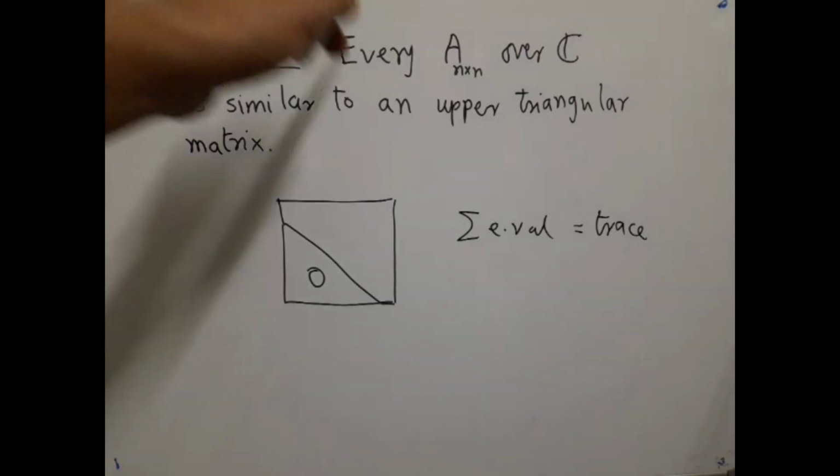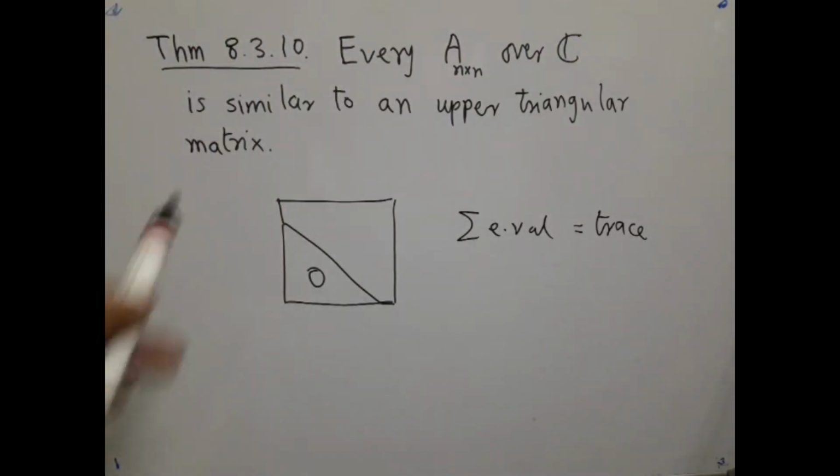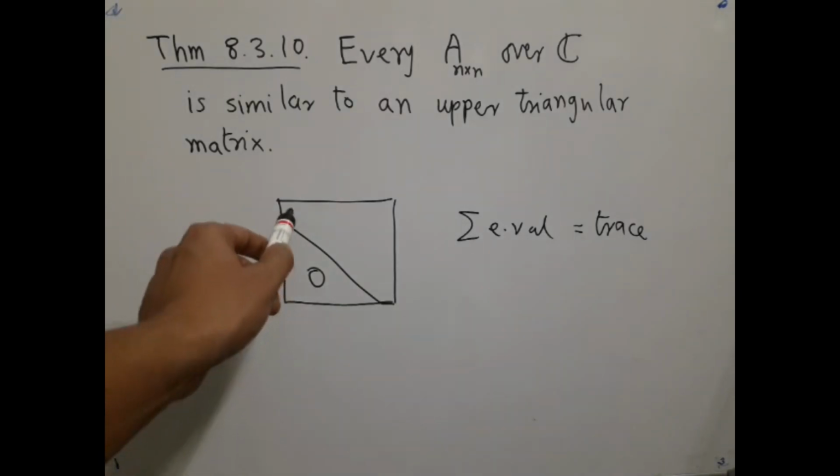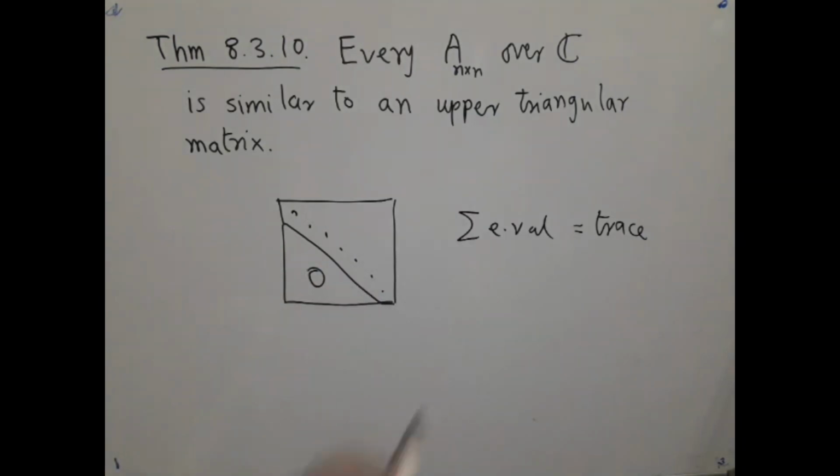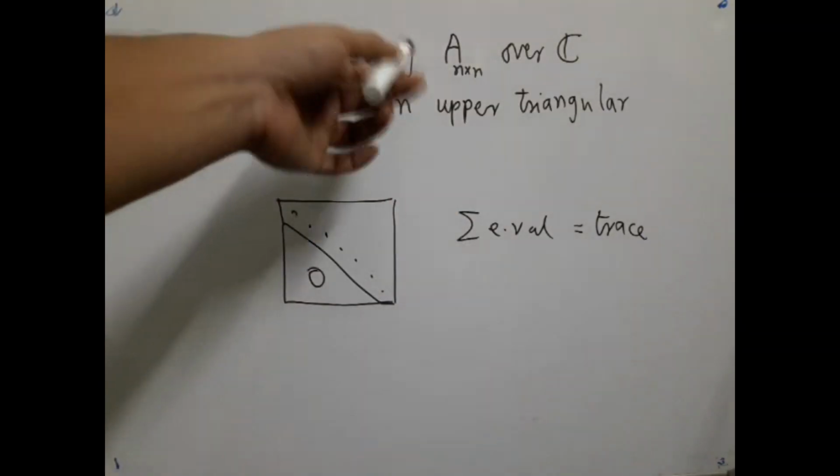You will just say, let's assume without loss of generality that it is an upper triangular matrix. For an upper triangular matrix, I know that the eigenvalues are precisely its diagonal entries. So this is nothing but the sum of the diagonal entries, and that is equal to the trace. So for an upper triangular matrix, the result is just trivial, and thanks to this theorem, the proof works